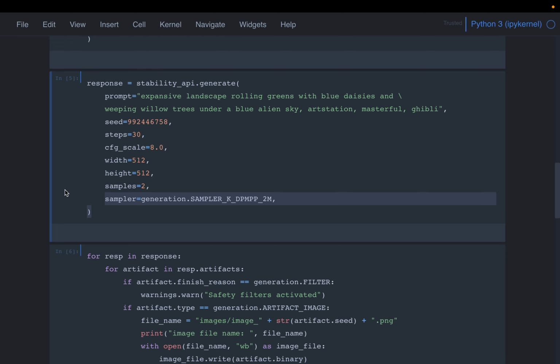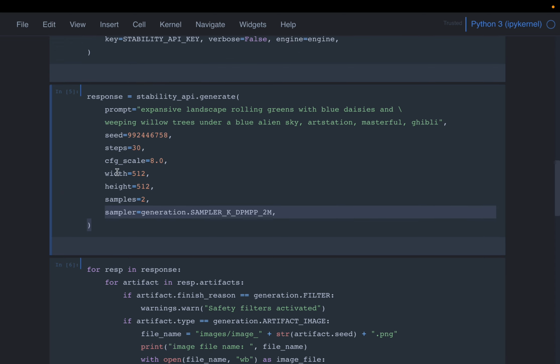Okay, so now the pricing depends on the image size. The bigger the image, the longer it takes to create the image, and also the price increases. And then the number of steps, this can also have an influence on the price. Okay,